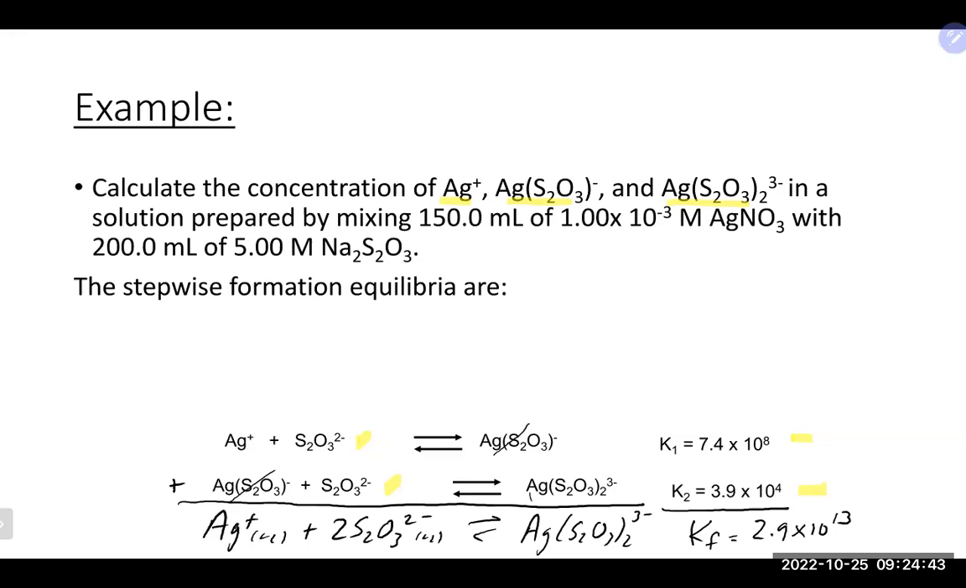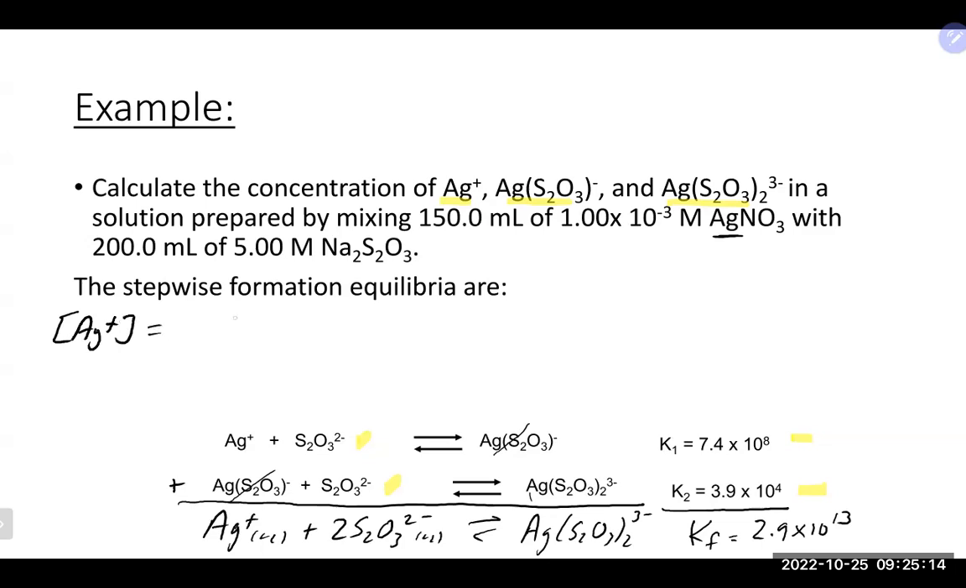Now, if we use this overall reaction, which we should, we are going to need the concentration of the silver ion that was put in there. And we will also need the concentration of the ligand that was put in there. In this case, we are mixing two different solutions. The silver is going to come from the silver nitrate. It's going to be really the source of the silver,